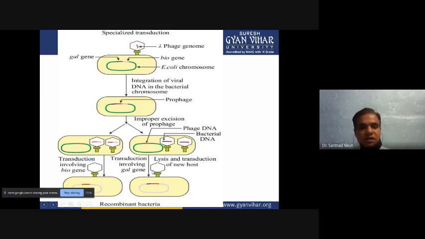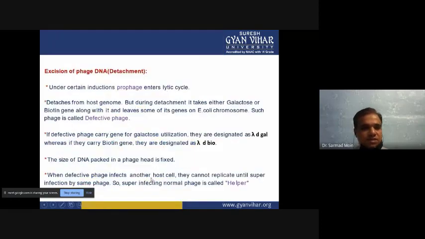So the lambda gal type is carrying the gal gene, and the bio type variety is carrying the biotin gene. When they infect a new bacterium, the bio gene will be transferred to the bacteria, and the gal gene can also be transferred into the bacteria. So this process is happening, and when they are carrying part of the bacteria and releasing some